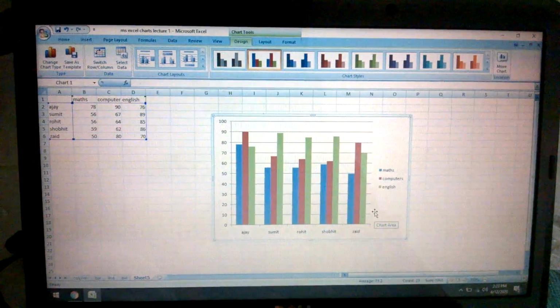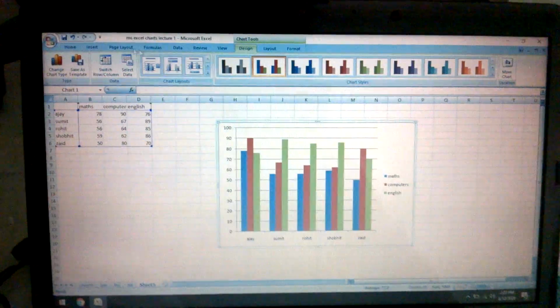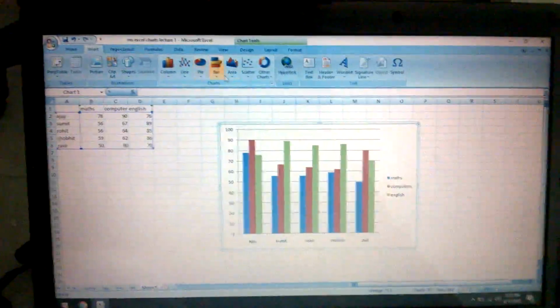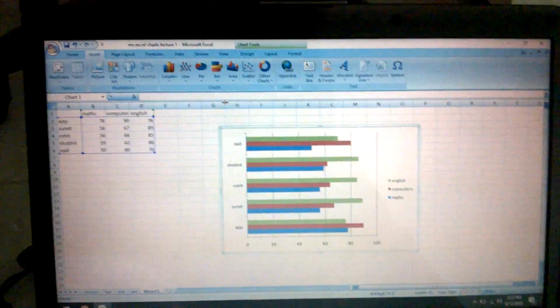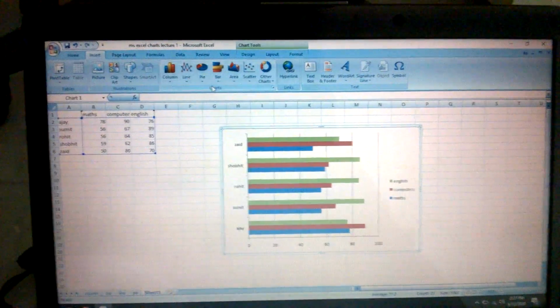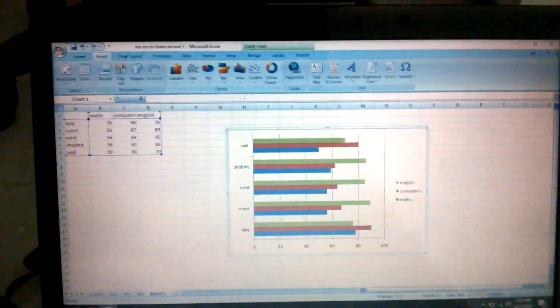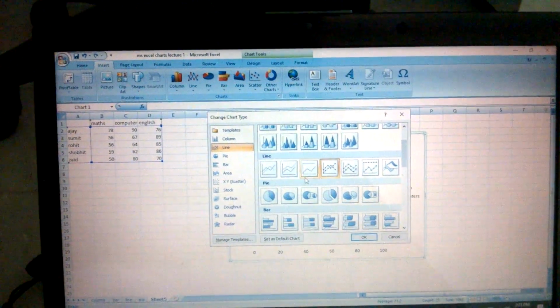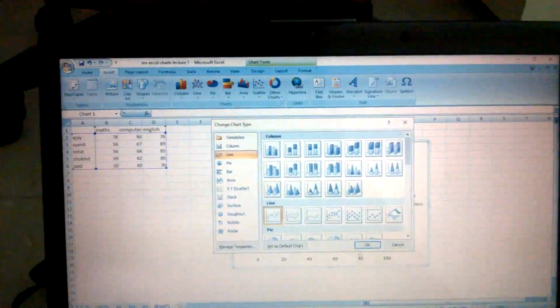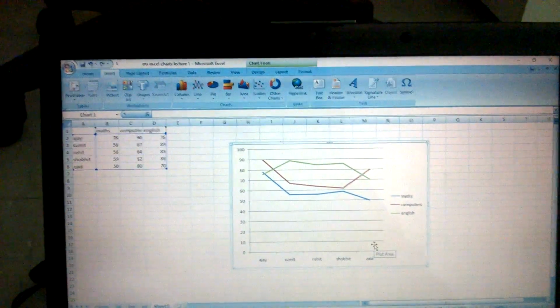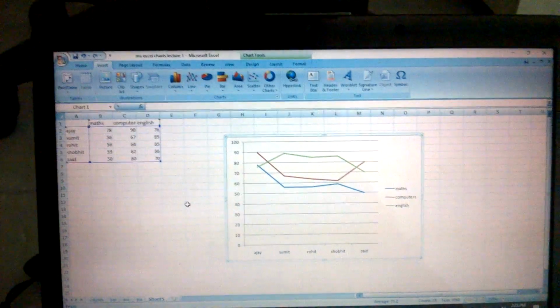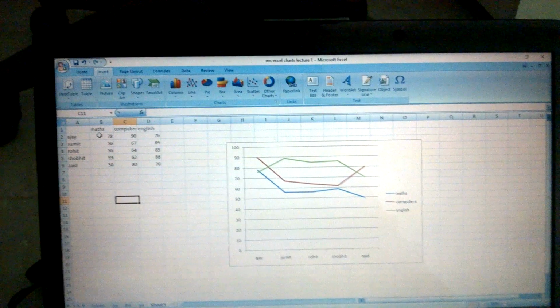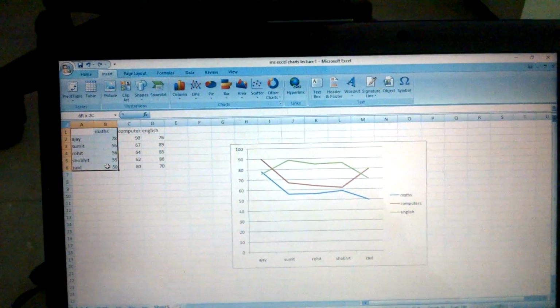Now in the same way we can have a bar chart. If you don't want column, then we can have bar. In the same way we can have line. This is the line chart. For a pie chart you can take a single data series. Let's say this.